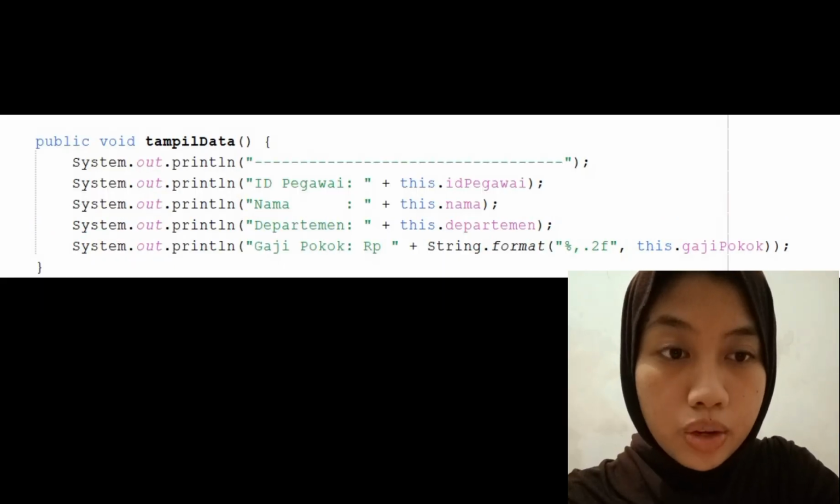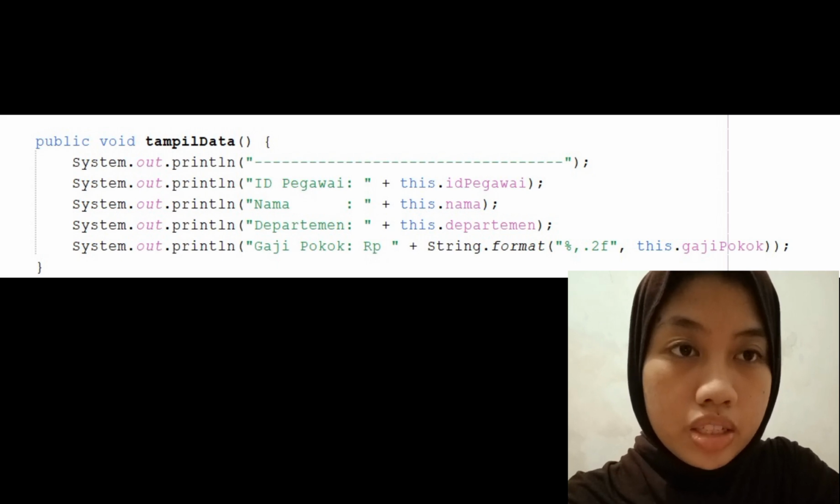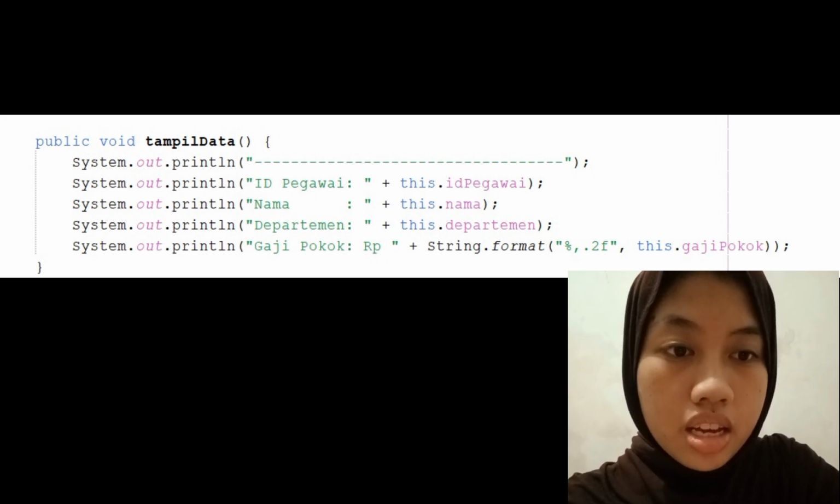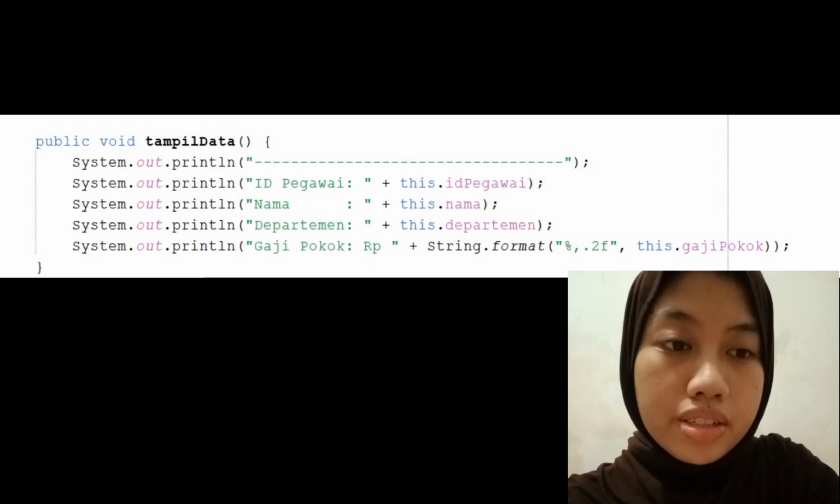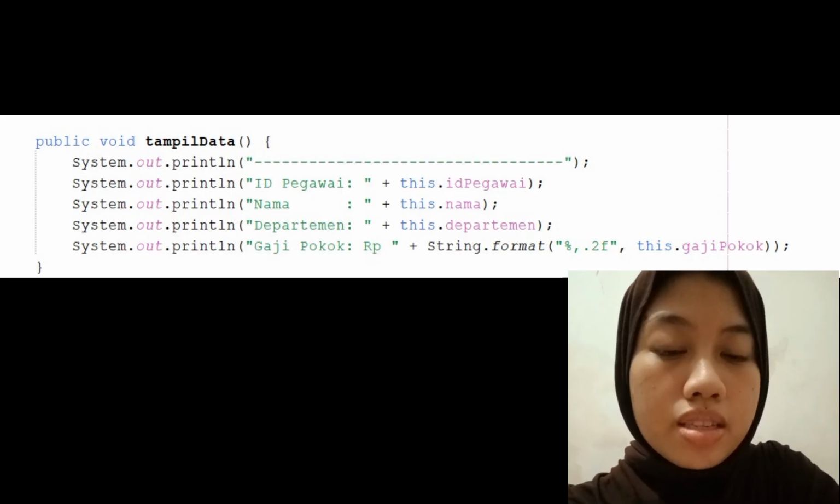And next is the calculate total salary method with 3 parameters. This is the third version of hitung gaji total, which has 3 parameters: bonus percent, transport allowance, and meal allowance.